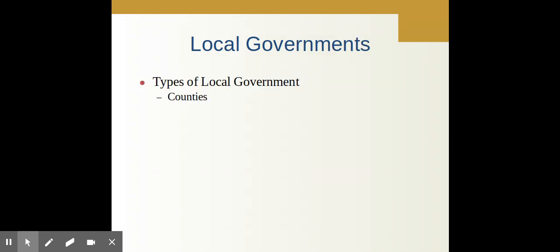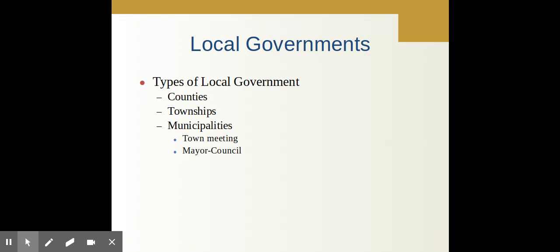There are counties. In Pennsylvania, there are 67. In Louisiana, they're called parishes. In Alaska, boroughs. Townships are smaller rural areas like Oil Creek Township or Allegheny Township. Municipalities are boroughs or cities where there's a more concentrated population. Some parts of the country, they have town meetings where everybody shows up to vote and speak about things. That mostly happens in New England.